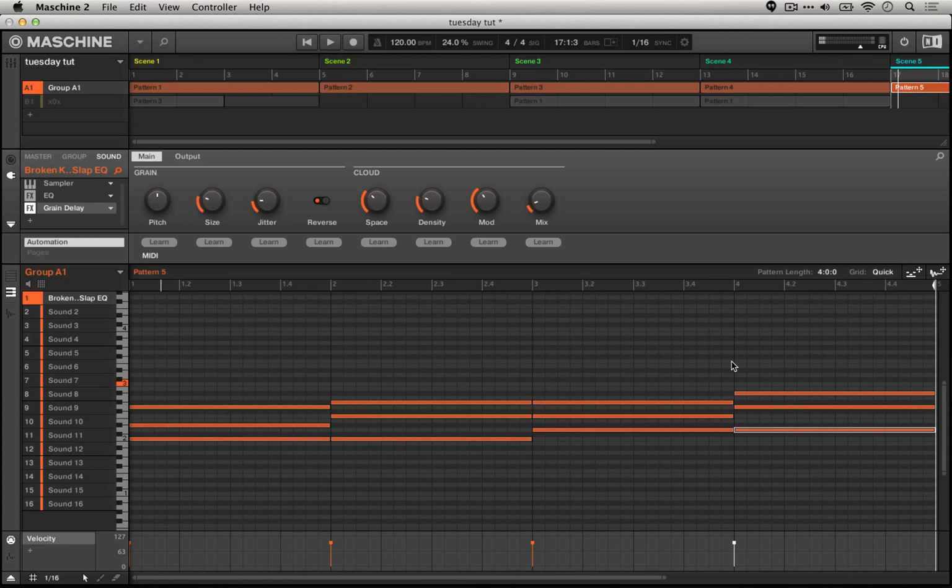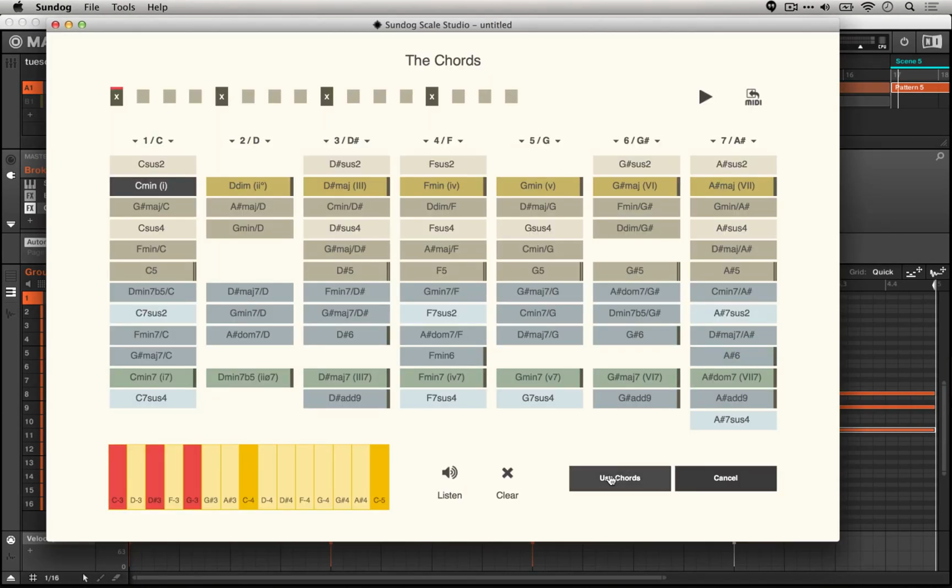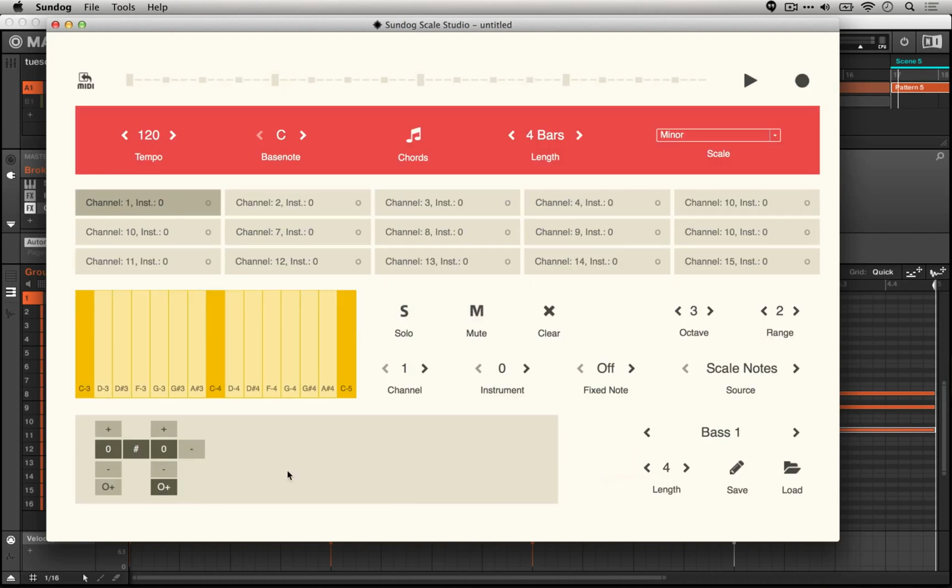So that was easy enough. We came up with a chord progression really quickly and easily. We know what it is, even if we're not great with music theory, and it only took a couple of clicks. Let's go back to Sundog and click Use Chords, and now create a simple arpeggiated pattern that we can